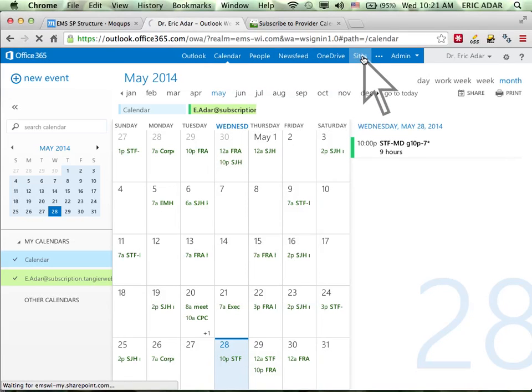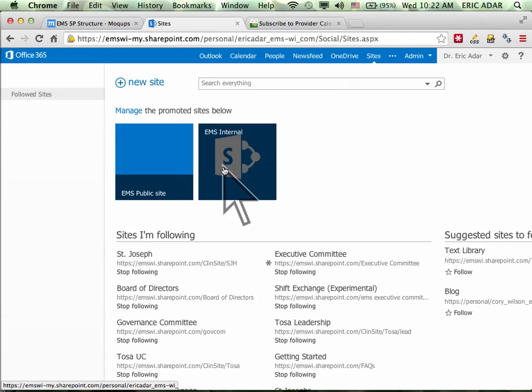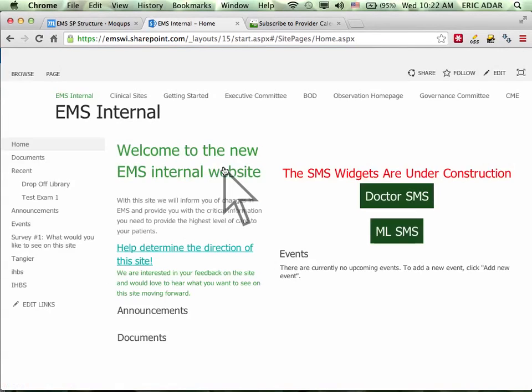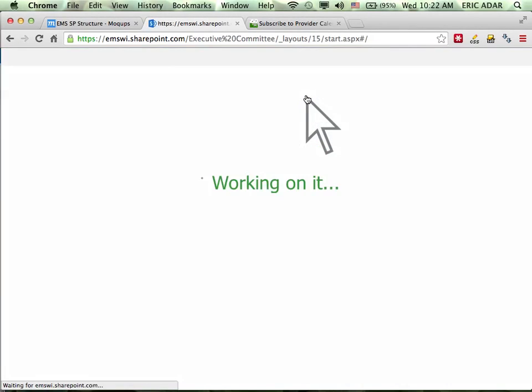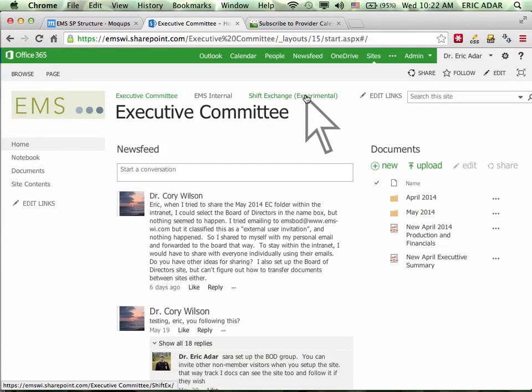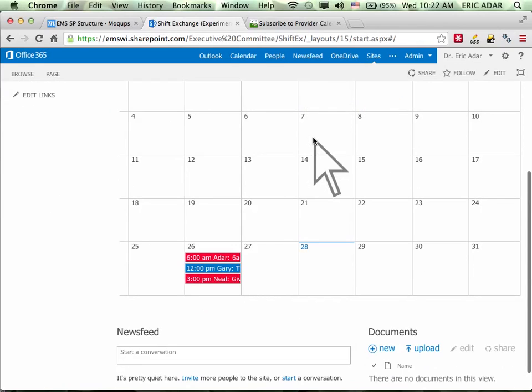Another thing I wanted to show you guys is, Andy asked about that, but he left. I worked on a shift exchange calendar for people to check out to see if they like it. So this is your Tangier calendar. What you want to do is actually go to your Google calendar. It's under executive committee, but I can move it. So this is a shift exchange calendar